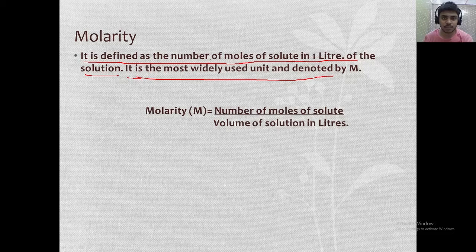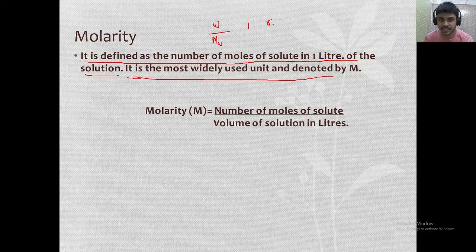So what is the number of moles? I think you know the number of moles is equal to the weight of the compound taken divided by its molecular weight, right? And 1 mole contains Avogadro's number of entities, not just atoms or molecules. 1 mole of any substance is equal to Avogadro's number of entities. It can be your skin cells, 1 mole of skin cells, or something. It is 6.023 into 10 to the power 23, right? So that's very basic. You have learned that in your class 10.